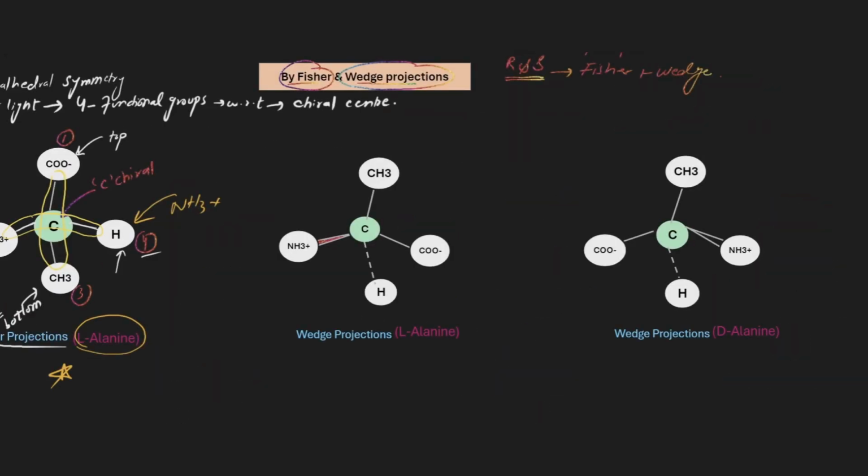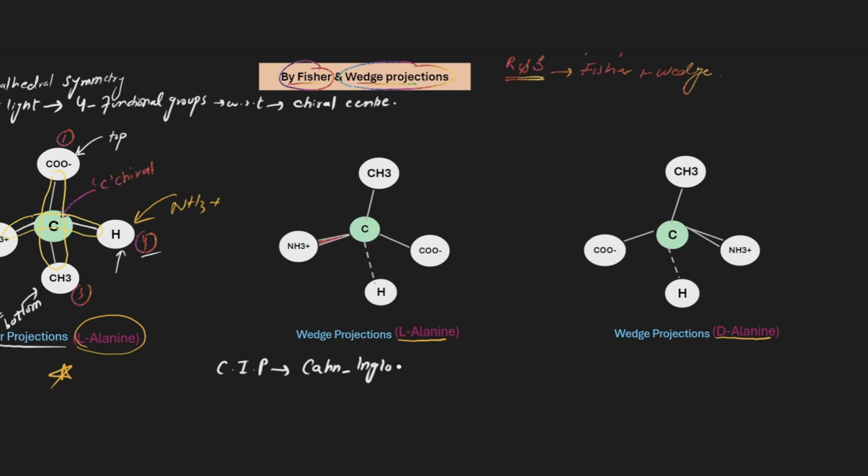I have erased the stuff from L-alanine and D-alanine, so we can solve these two amino acids in the wedge projection to determine whether they are in the R or S configuration. In order to determine this, we will follow a particular system of rules called CIP, which stands for Cahn,